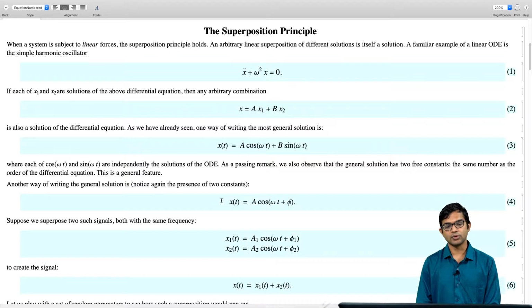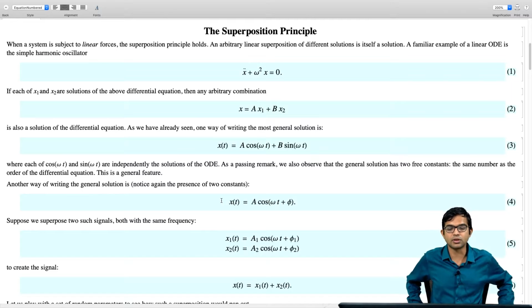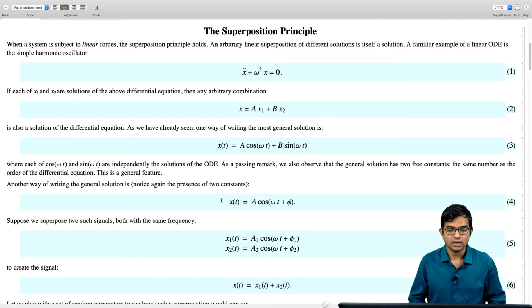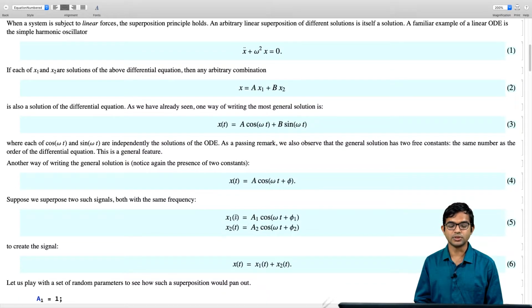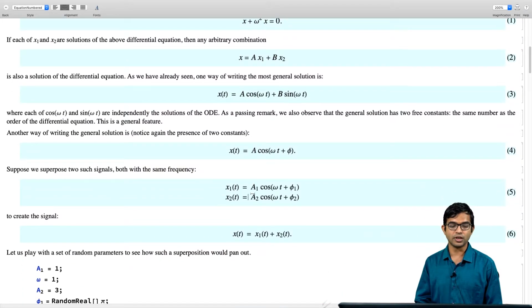So here we want to ask what happens if you take two signals, right? It could be signals which have come out as solutions of a differential equation like this, or you may be thinking of preparing such signals in the lab, and you ask what happens if you simultaneously have both of these kinds of signals present. Then these two signals would add to create a signal which is a combination of the two, like here x of t is equal to x1 plus x2. So here we want to use Mathematica and plot various functions and see how these combinations would play out.